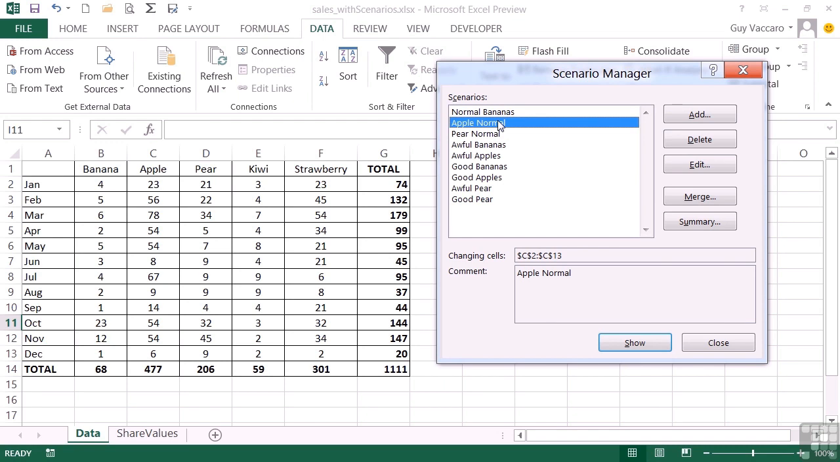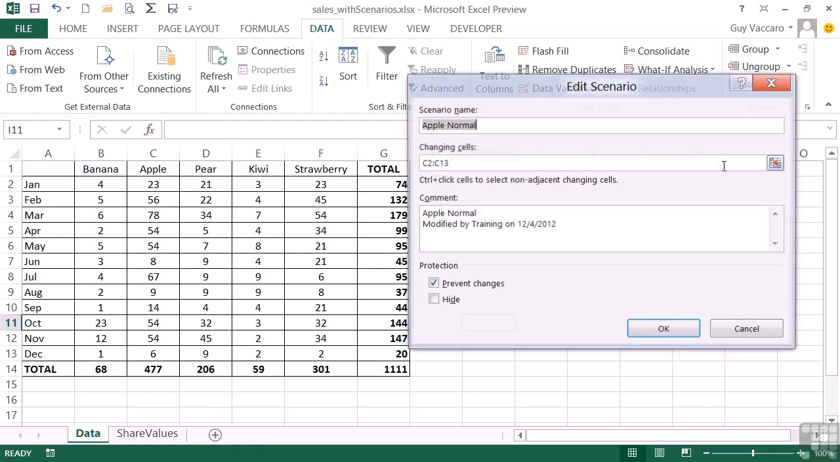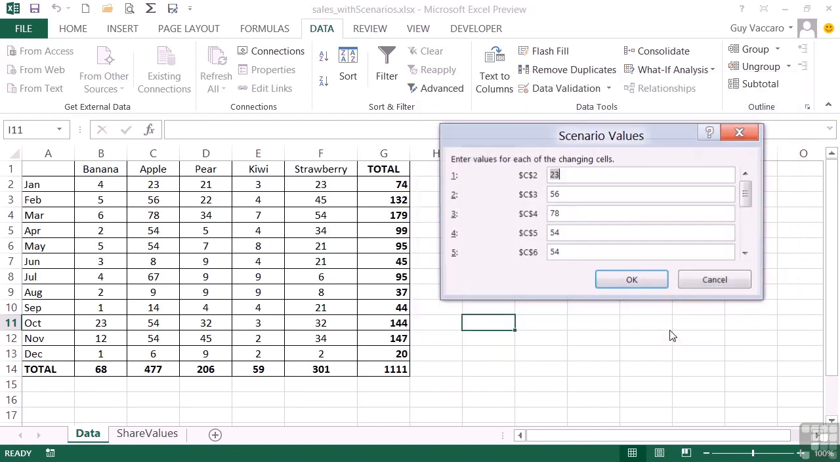If you need to edit any of the values, for example, apple normal, you may want to change some of these numbers. You simply select the scenario, so the set of numbers that you wish to change, and click edit. You can then even change the name and the changing cells. Notice that the comment now says modified by. Well, I'll remove that extra bit. Then OK, and I can then step through each of the cells within the range to make a change to